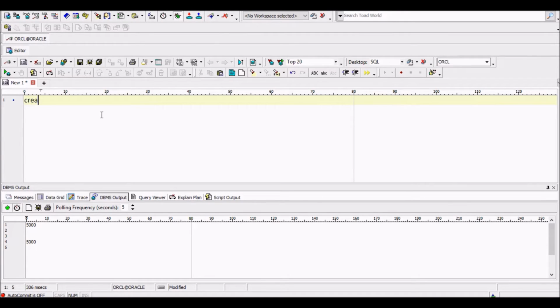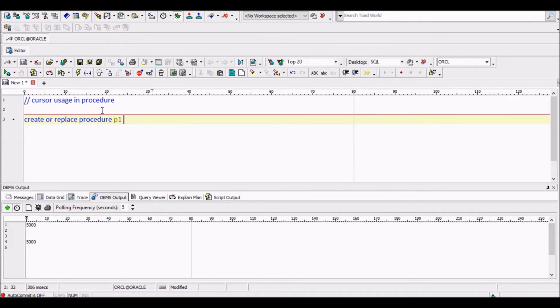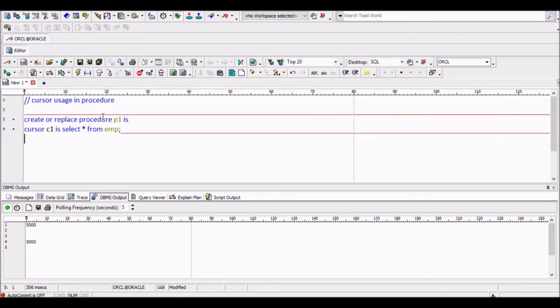See here, create. Let us write cursor usage in procedures. Okay. So we will write here create or replace procedure. So we will use same name is, okay, cursor c1 is select star from EMP. Okay, and now